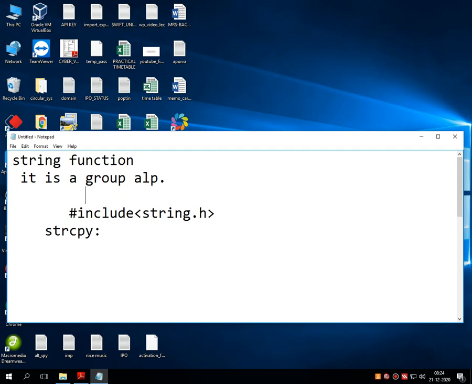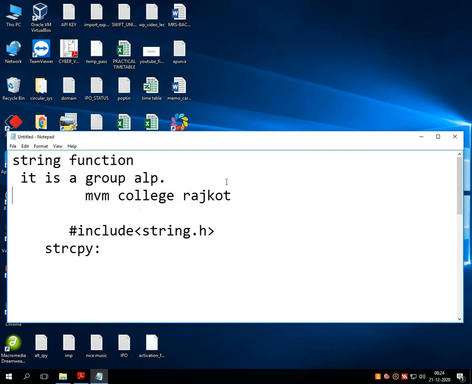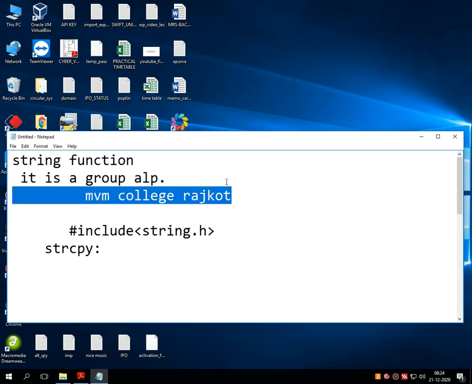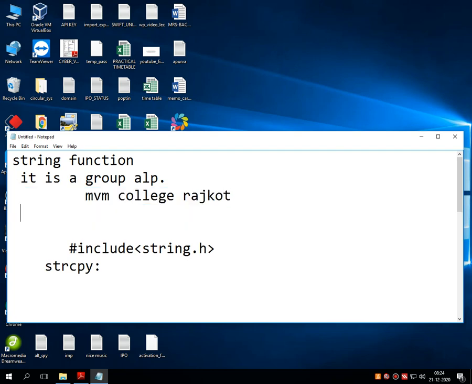Whenever we write a group of alphabets, it creates one string. Every alphabet is stored at a desired location. Say for example, I'm just writing MVM, then the stored locations of this MVM string are 0, 1 and 2.